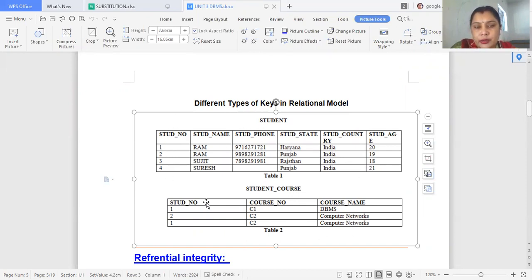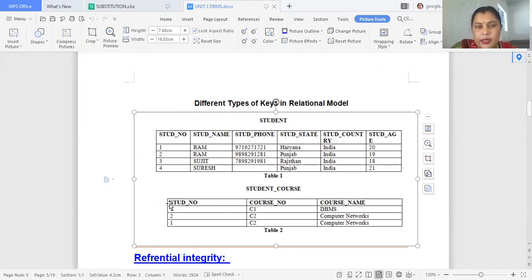And in student course, again there is a student number column. So student number one, name is Ram, and state, student country, student age, all these are known as the columns of a table.